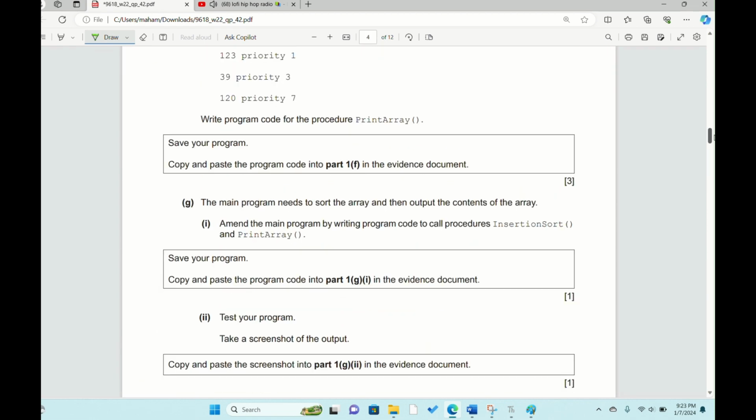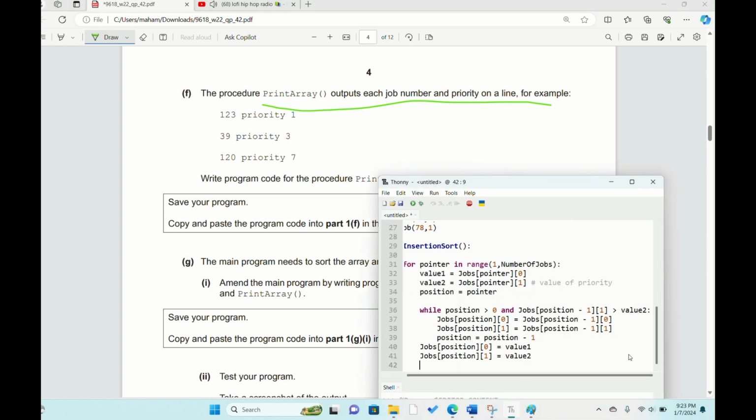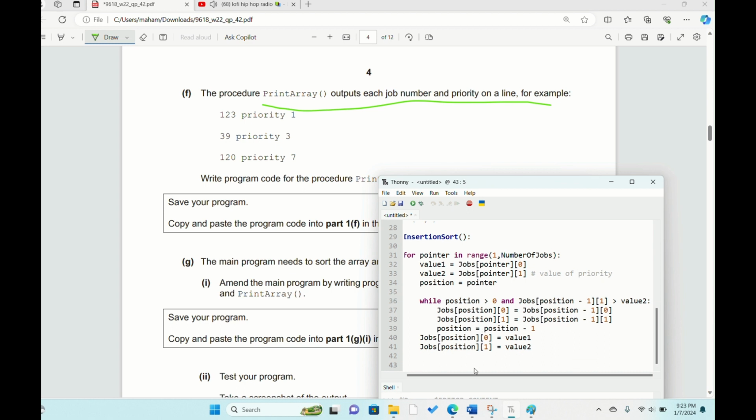Then for the F part, the procedure print array outputs each job number and a priority on a line. For example, 123 priority 1. Write a program code for the procedure print array. Okay, that's pretty simple. So we'll just loop through each of the